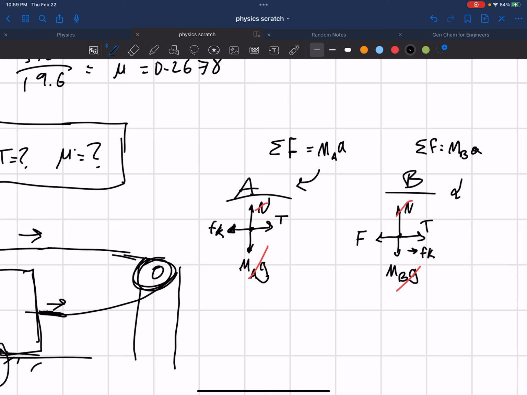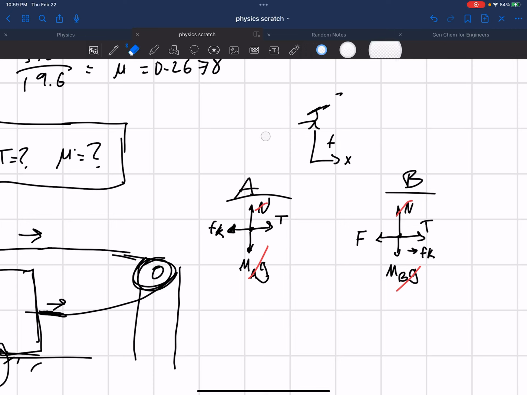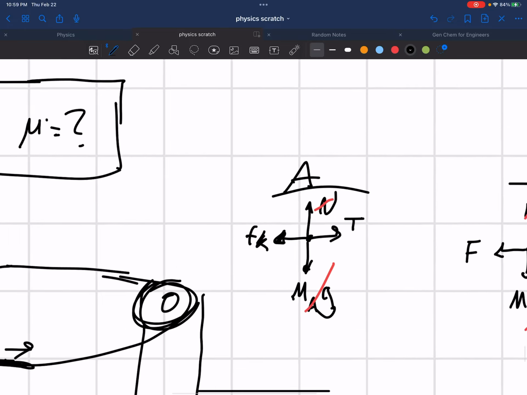No. Okay? You might feel the need, because it makes sense, to just give yourself some axes, right? This is X, it's being pulled this way. This is your X axis. This is your Y axis. No, just trash that all. You're going to have two different ones, because you're talking about two different things.